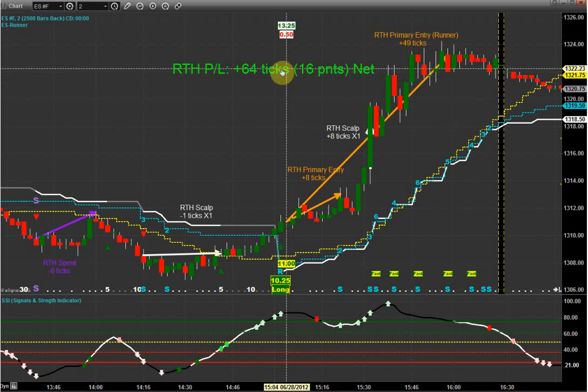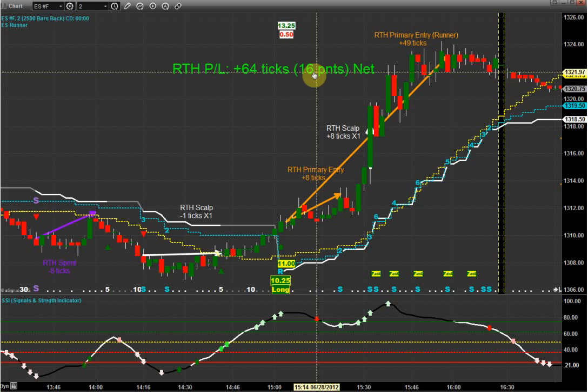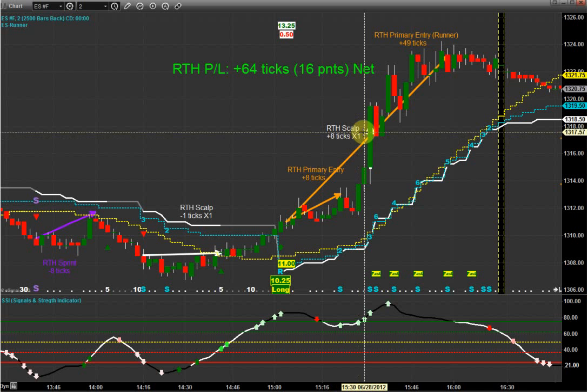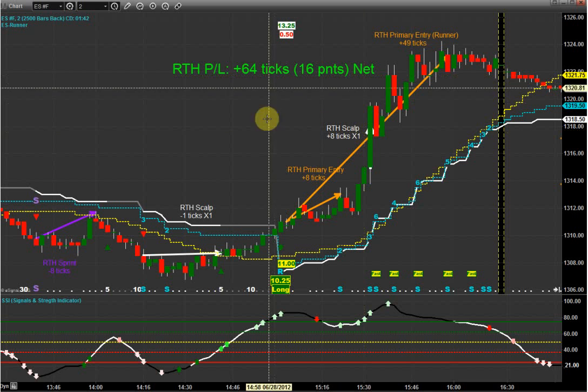Regular trading hours made 64 ticks, which is 16 points on Thursday. Many traders on Thursday made as much as 20 and 25 points. Those that were more aggressive on their scalps made even more money. But otherwise, the majority of the room made 10 to 15, 10 to 16 points of profit for the trades taken